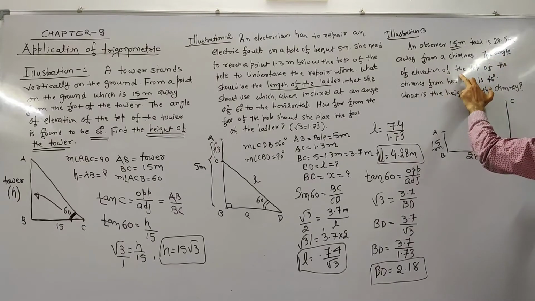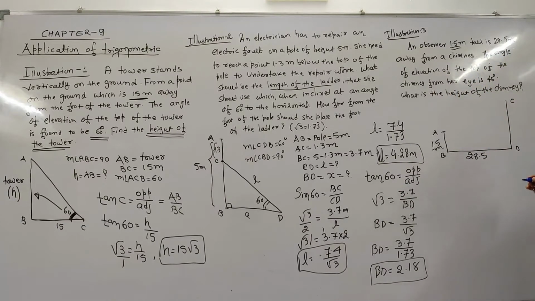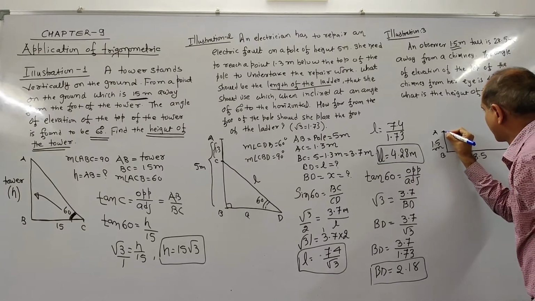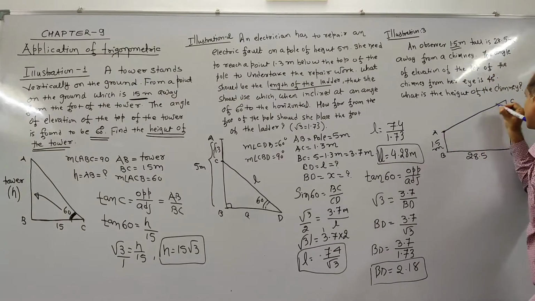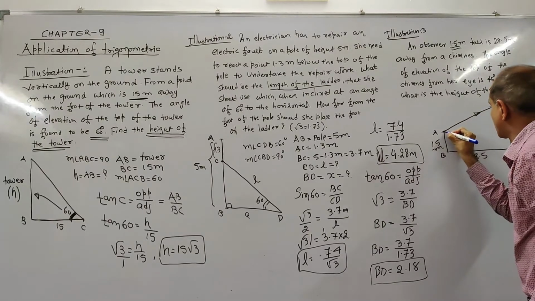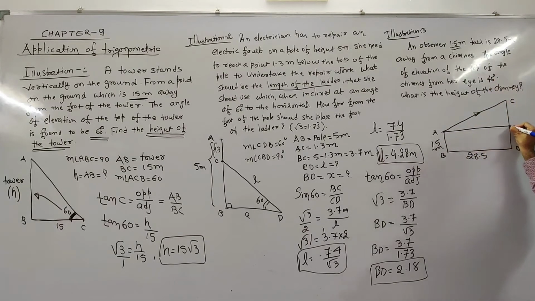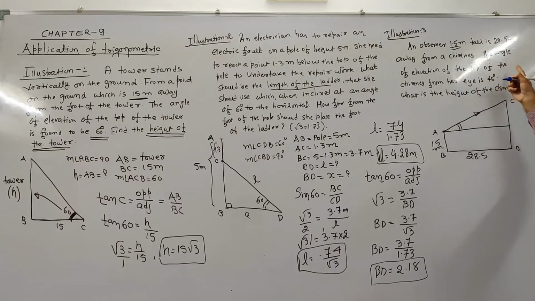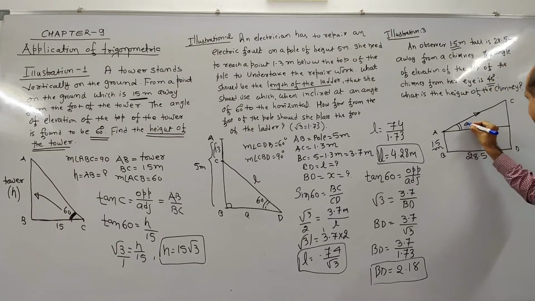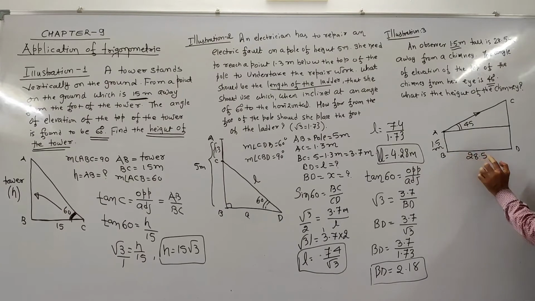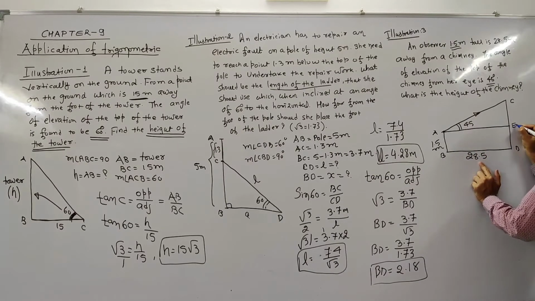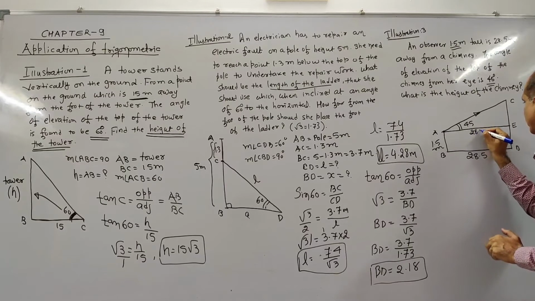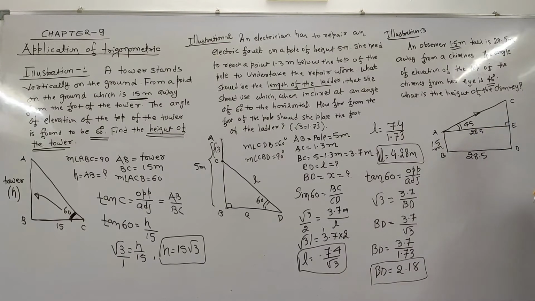The angle of elevation of the top of the chimney from her eyes. So from this point, the angle of elevation. This is known as the ray of vision. And this is known as what? The horizontal ray passes from the eye of an observer. And this angle is known as what? Angle of elevation. And this is 45 degree. So if BD is equal to 28.5 and you write E, then AE is also 28.5. So this becomes 90 degree. So here you have to use one right angle triangle. The name of this triangle is AEC.